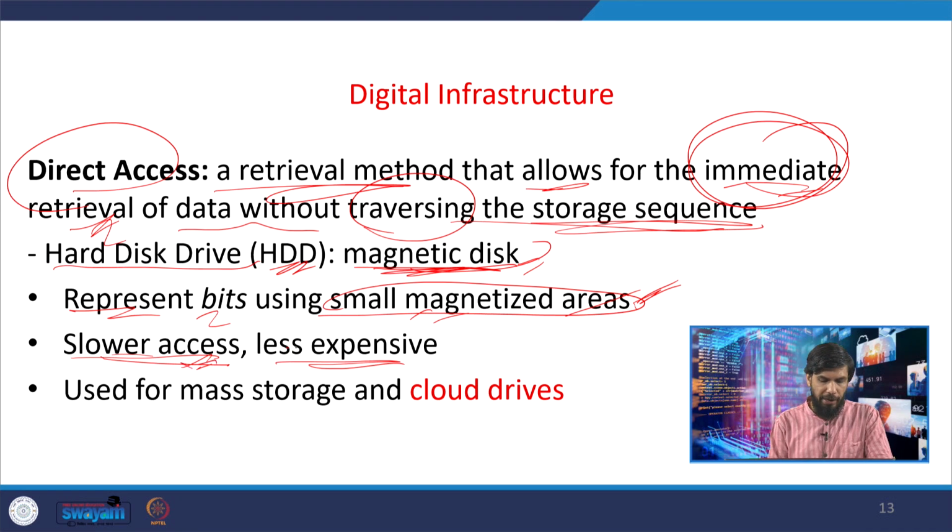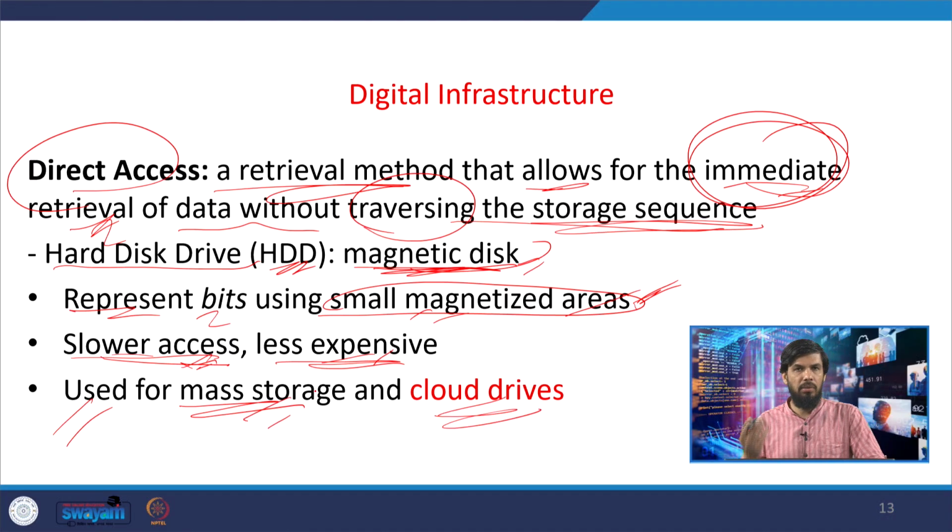These two characteristics are shared with magnetic tape and cartridges. It is used for mass storage and cloud drives, whenever you want to store large amounts of data. It provides direct access, you do not have to do traversal, and it is slightly faster than the magnetic tape or tape cartridge. So let us stop here